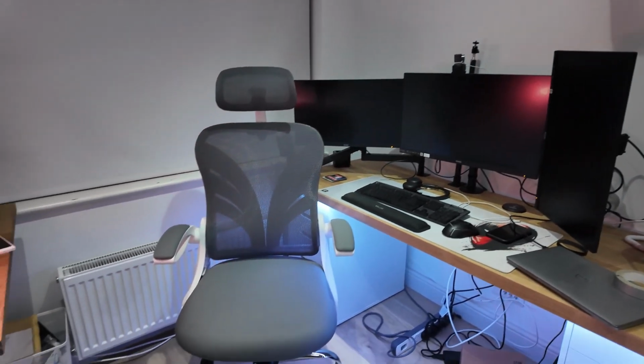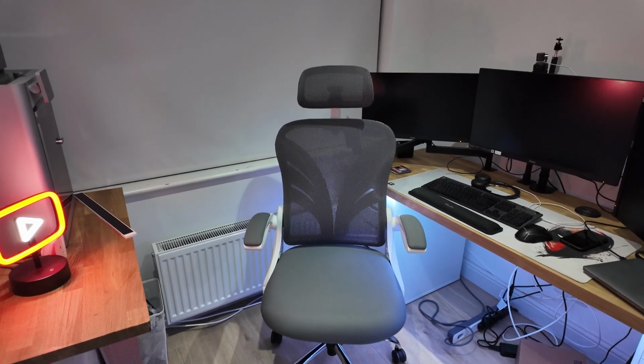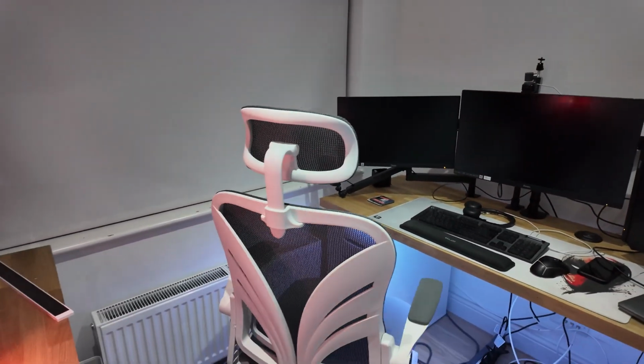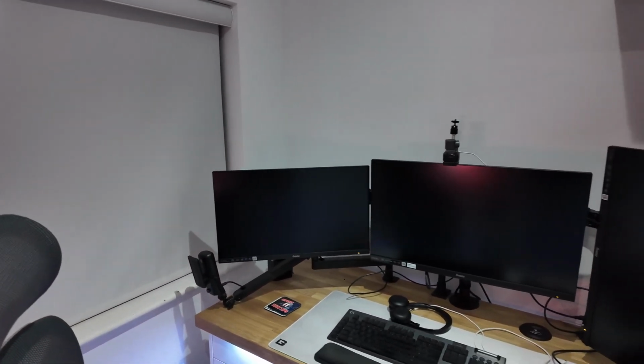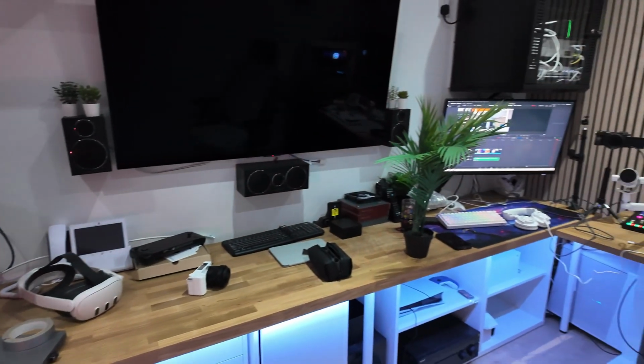And again, this chair, it looks a little bit like a Herman Miller one. It's not, it's a cheap Amazon one, but for what I wanted from it, it absolutely does the job. About £120. The wall free, I've moved over here, and you'll probably see I've got some nice thick 40mm butcher block,